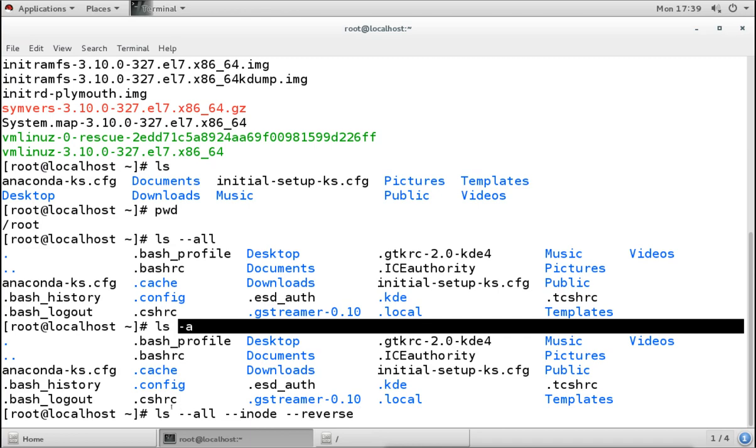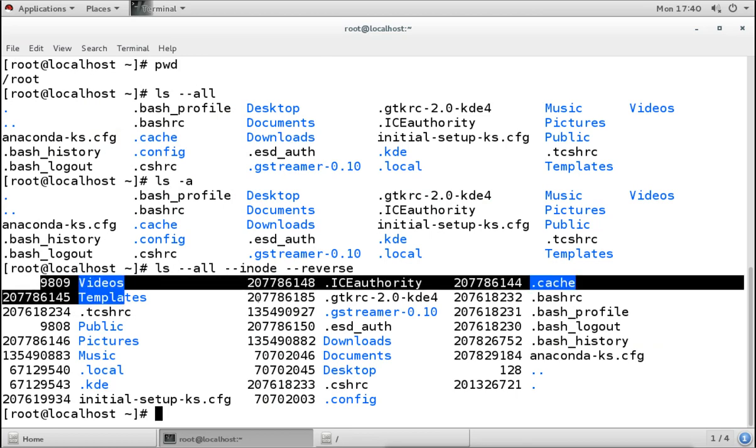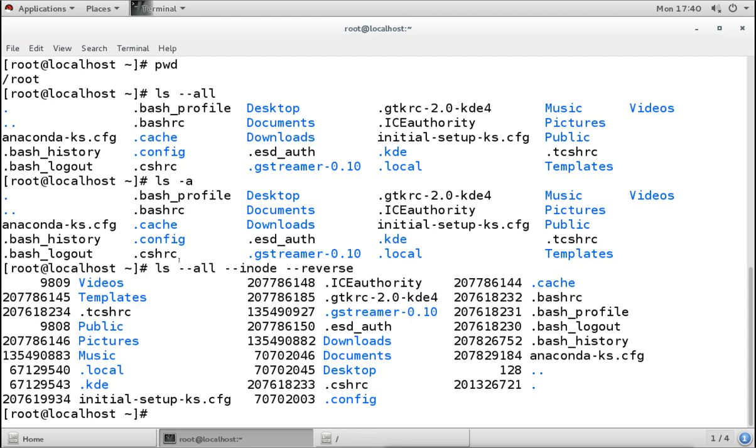Now I am using the full way, the full options here. For using the full options, what we do? First option, then space, then second option, then space, then third option, or more, we can go more. Now remember, in the command line spaces are very important. If you don't give space, it will not differentiate between these two or three options or any two or three commands. So spaces are very important. Now when I run this, we get this output here. This is the full way of giving the options.